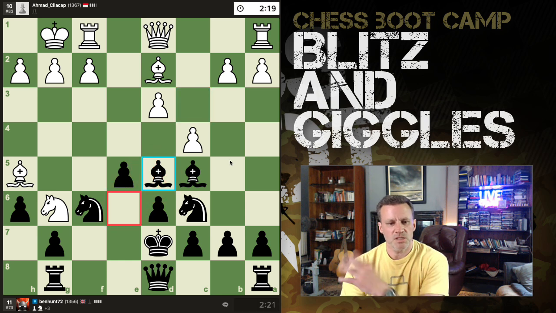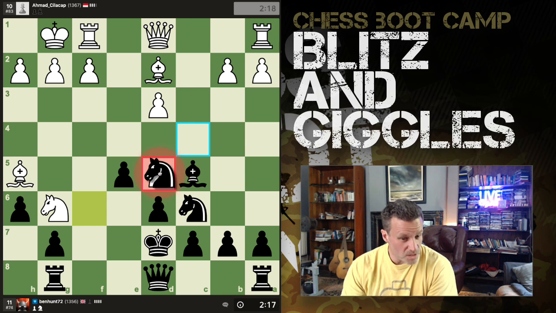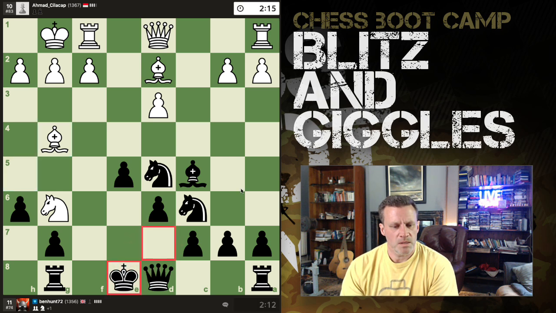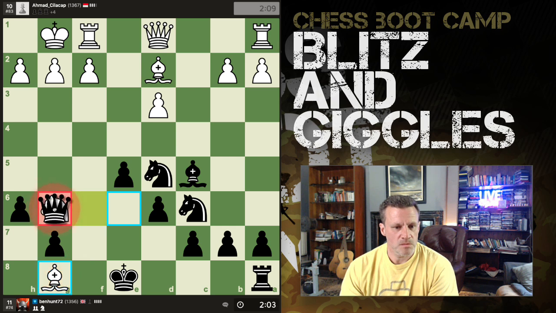Yeah. Can't take with the knight, because then pawn takes, and then I've got two pieces left there. But this, I think, has won me a pawn. That's slightly annoying. You trapped my rook, huh? Really? Let's put...